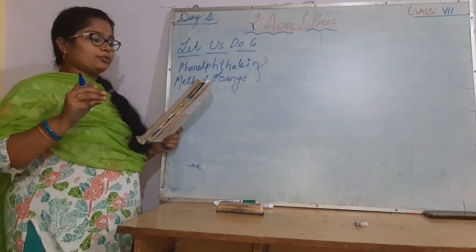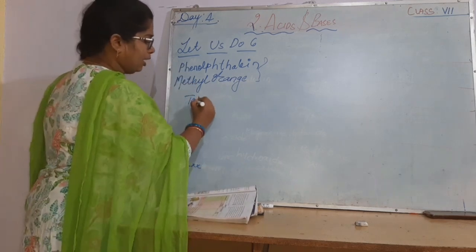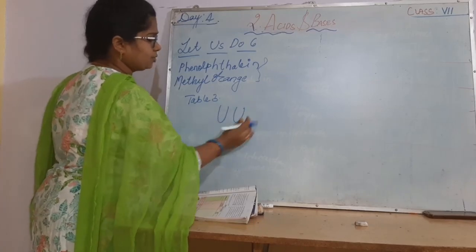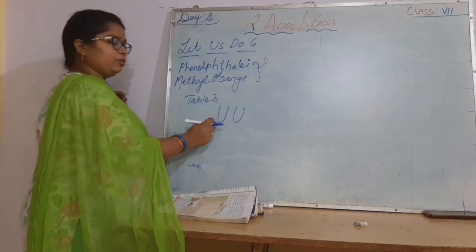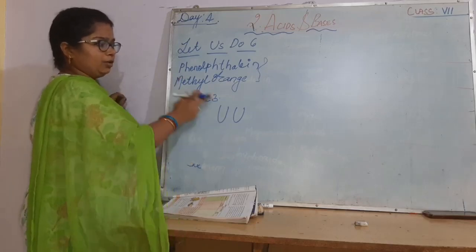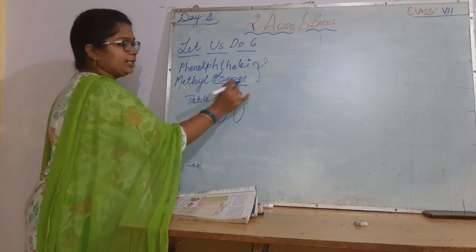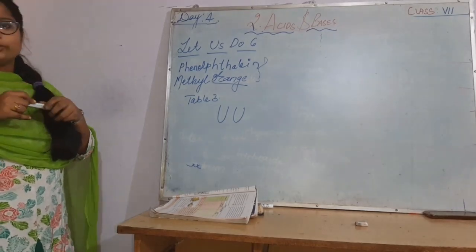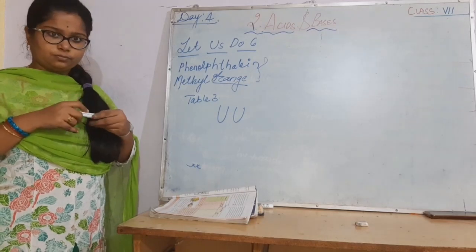Take a small amount of the substances in two test tubes. In table 3, what all are the substances given? Orange juice, lemon juice, grape juice, everything you take in two test tubes. Add one drop of phenolphthalein solution, which is colorless, and methyl orange, which, as the name itself indicates, is orange in color. So, what changes do you observe? You are supposed to write. I will give you a clue.